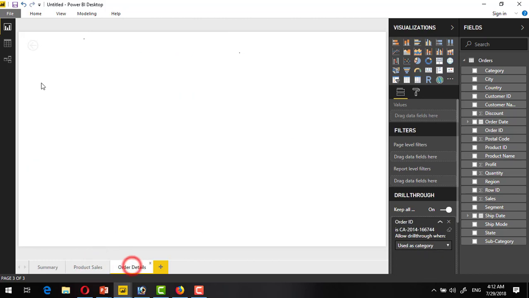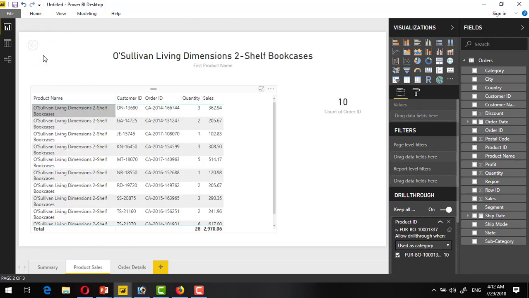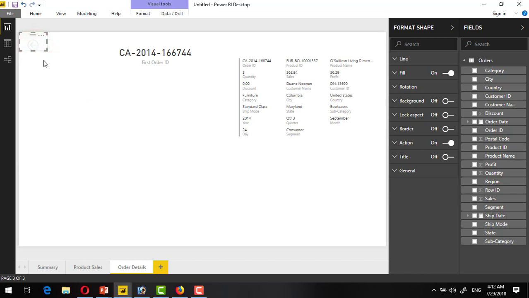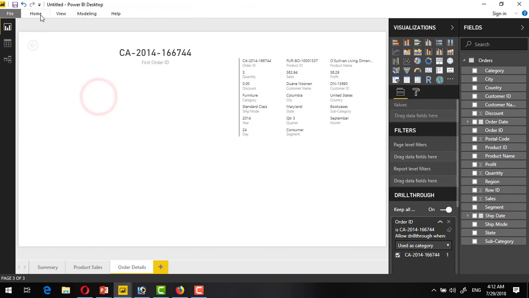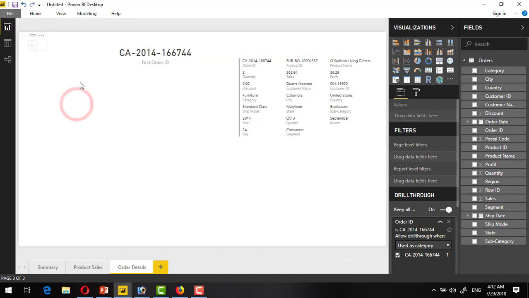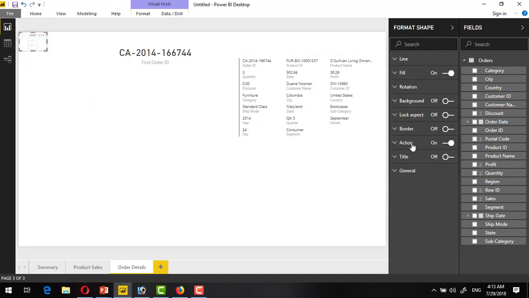So I can go back by using this, and then further go back by this, and you can also create a custom button on your own. There is an option available, like you can put an image to this report like this one, and go to actions, and simply select the back option. Okay,